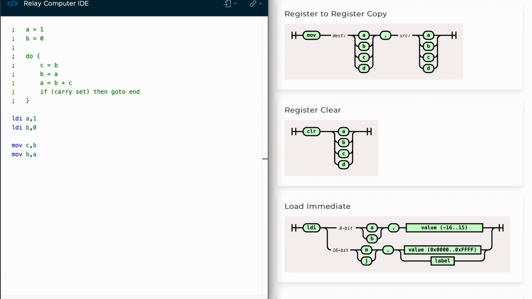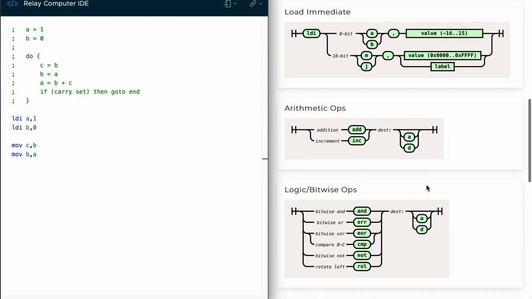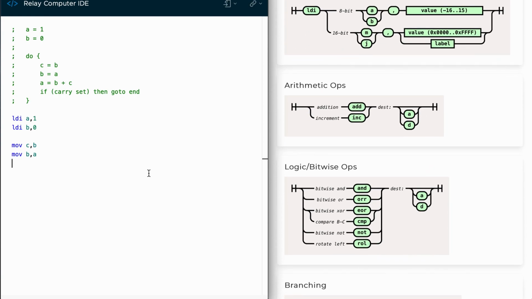And then we need to do some addition. So then we've got our arithmetic operations here. So we're going to do an add. Now again, we could specifically say that it's going to go to the A register or the D register, and if we don't specify at all, it just goes to A. So that's that done. So that would work for one iteration of the program,